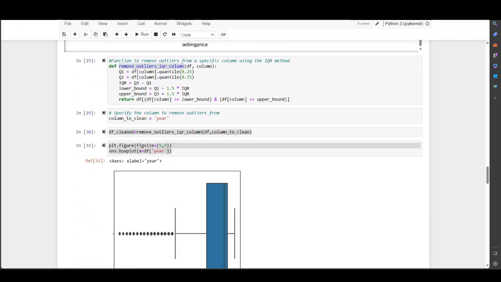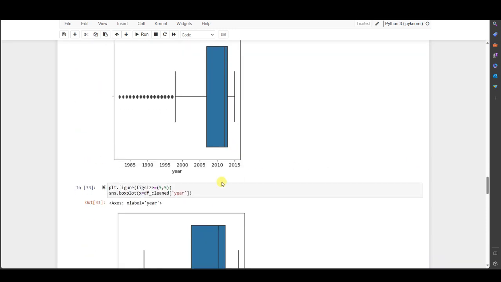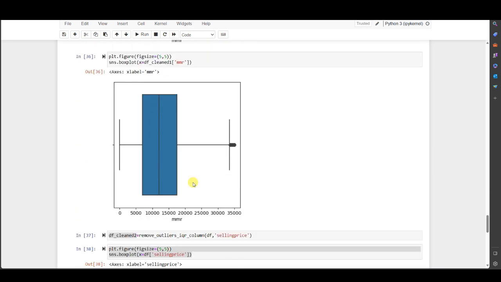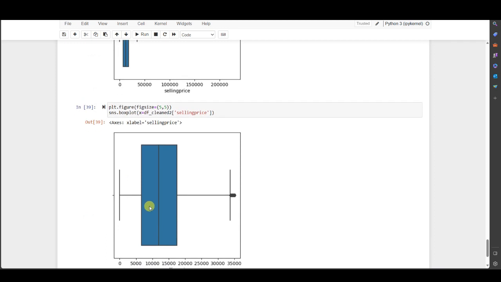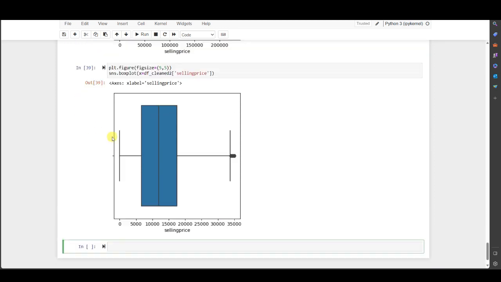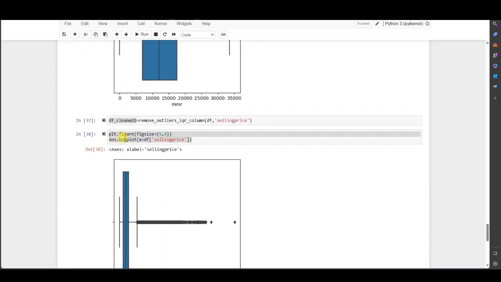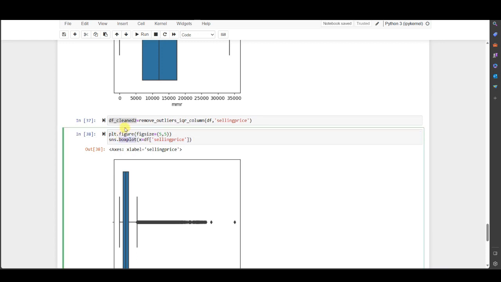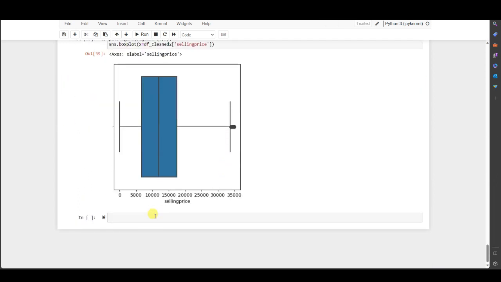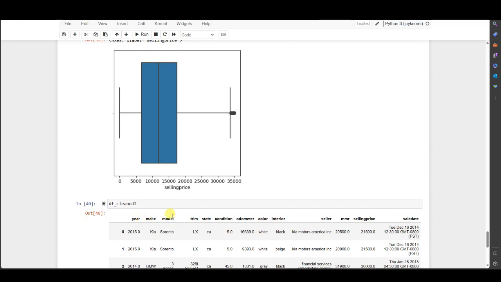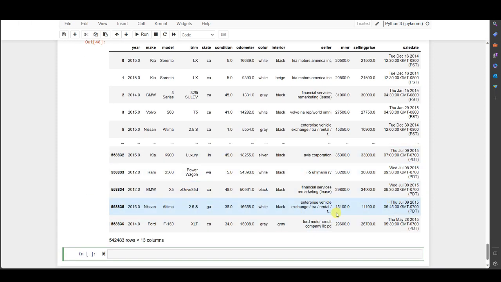Okay, so this is data set 2, the final data set. We remove the outliers, we remove the missing values. This is no missing values, no outliers, all of them. So what we need to do, we need to find out